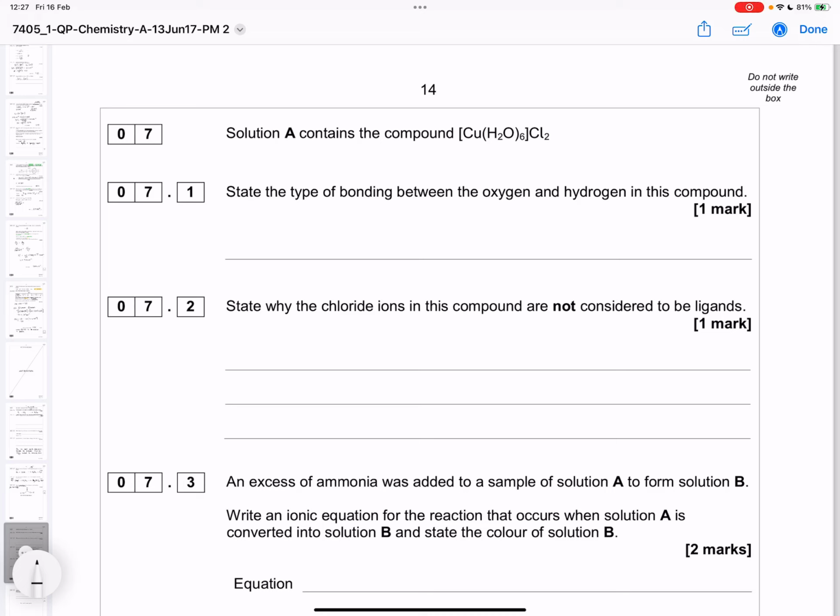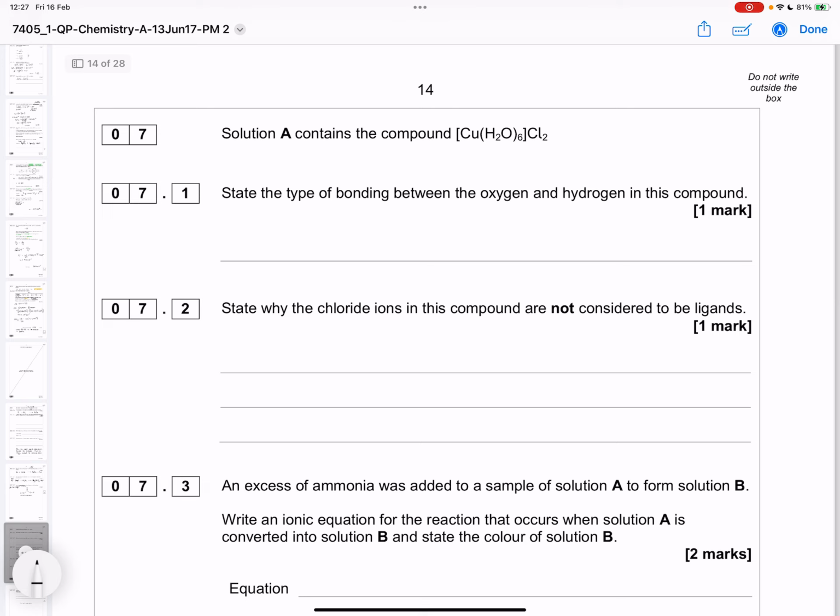Solution A contains the compound copper with 6 waters and then 2 chloride ions. Now, you have to really think about what's going on here because this is not being given to us in the easiest way to understand. But if we remember for transition metals, I'm not going to draw the actual wedges and dashes here, but we've got these 6 water ligands attached to the copper in a complex ion. And actually with the chlorides outside the bracket, this is a 2+, and then we've got 2 Cl- floating around